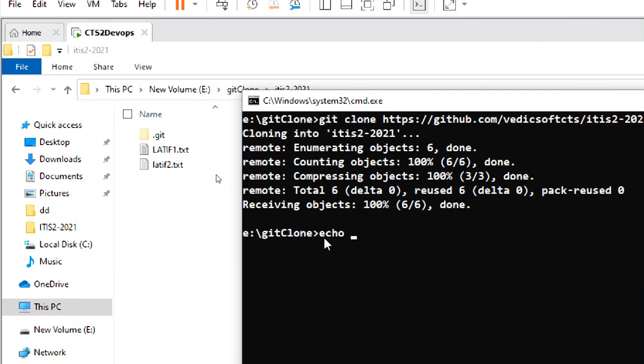Now I'm creating some file with echo. This is the c11.txt file, c11 file something. Okay, so double greater than, c11.txt. So I created a file, so you can see the file now.